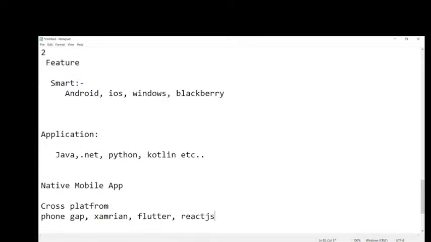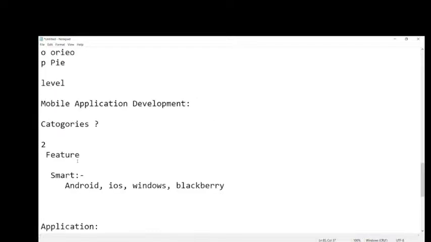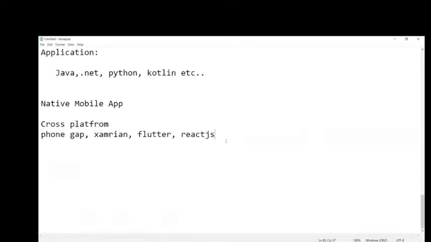After that, we discussed the features of Android, Android history, and the versions and version names. Apart from this, we discussed what an application is, what a native environment is, what cross-platform is, and what kind of mobile categories there are.